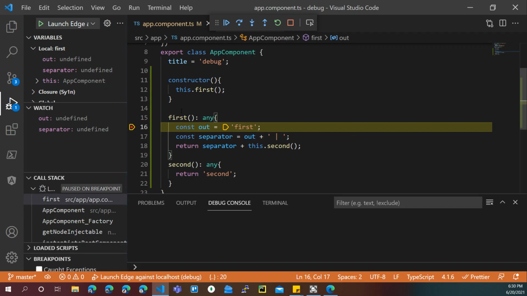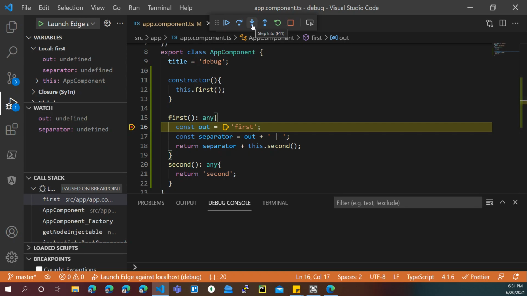Before we start skipping over the codes, let's try to understand what step over, step into, and step out mean. Step over means that you will keep on going over the next line of code. So when you are on line 16, if you do step over, you will directly go to line 17. If you're on line 17, you do step over, you'll go to line 18. And after that, the code will go on as it is, as the flow of the code goes on.